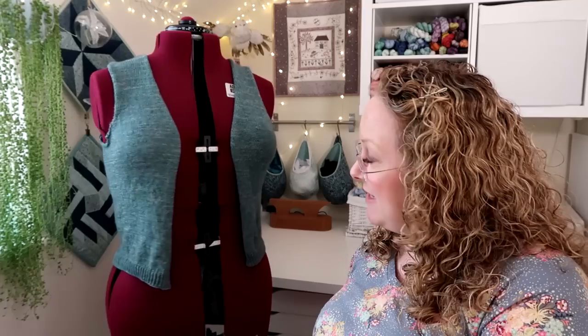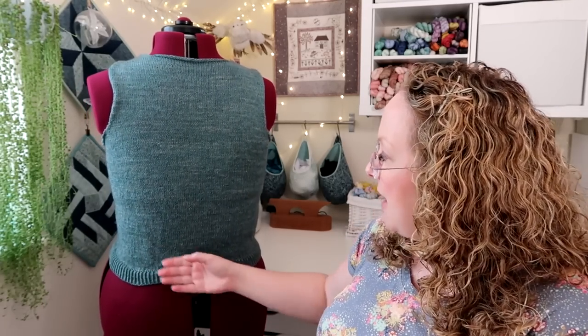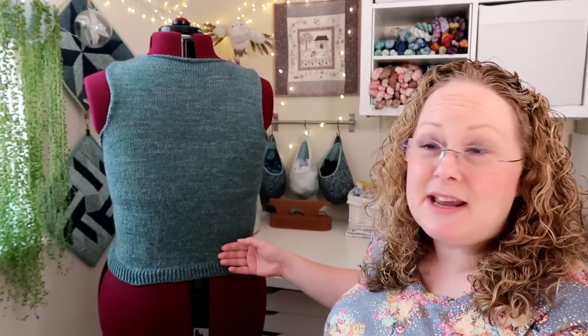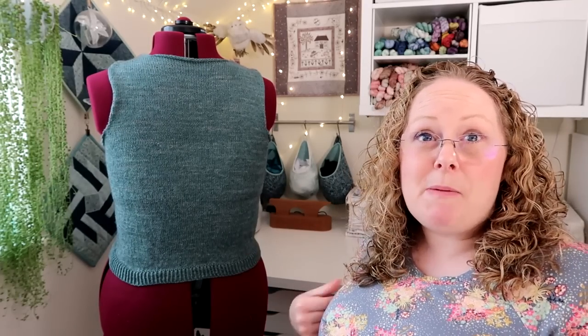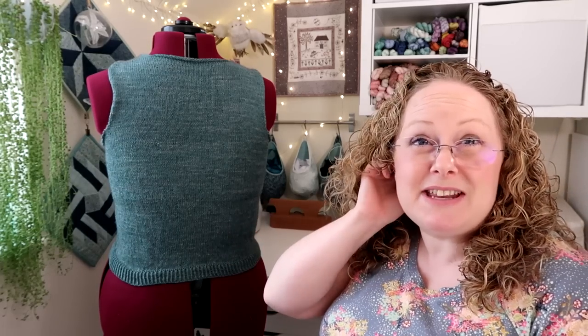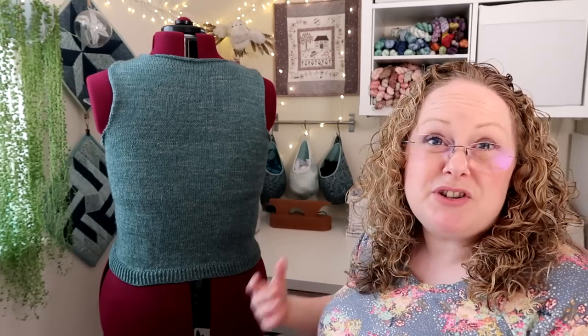I didn't do a swatch for this second one because I had knitted it before, and I've just stuck to the same stitch count that I used the first time I knitted it. But because I have lost quite a bit of weight around my bust anyway, also the yarn is very slightly thicker, so I think that it won't be much different anyway, and I'm just going to change that stitch count